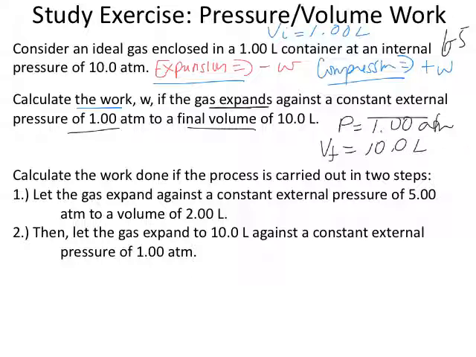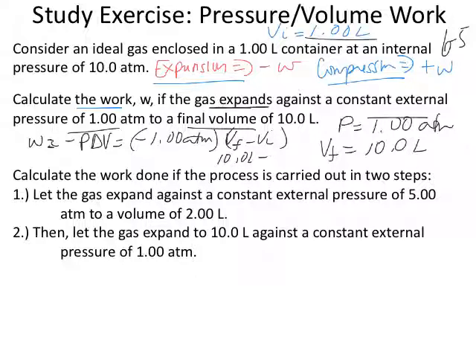So what's our formula that we memorize? Work equals negative P delta V. And if we put negative 1.00 atmospheres in here,